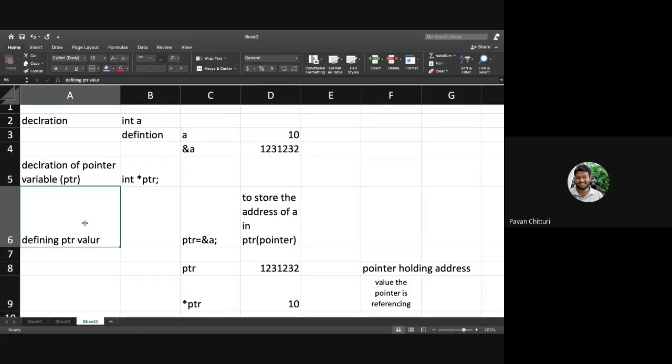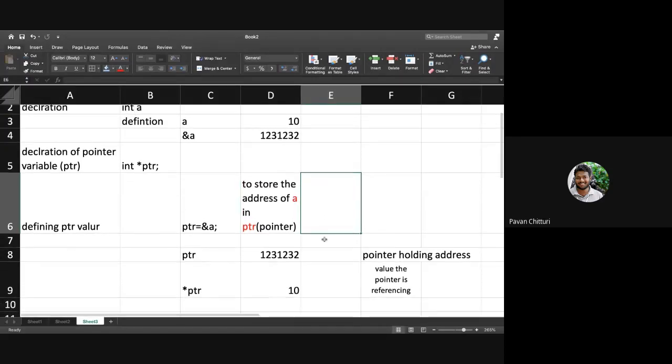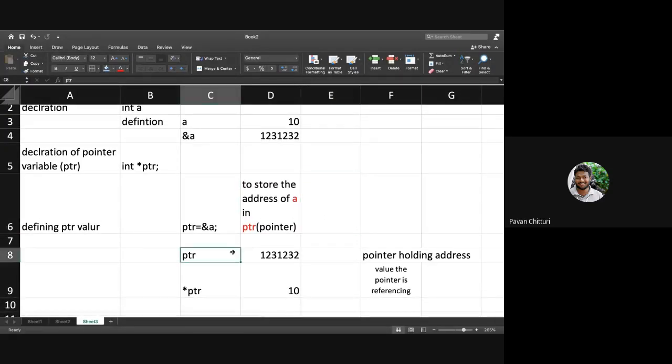I am storing the address of a in the pointer variable. A is a variable, and ptr is a pointer. So ptr will hold the address of a. The address of a gets stored in the ptr variable.